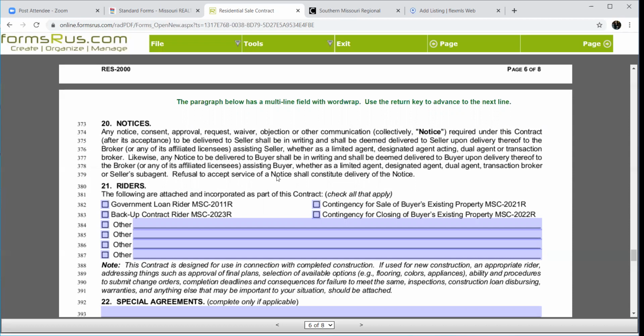So if you get that agent that says, well, we got your offer yesterday, but we're going to look at them all tomorrow night at 5. Okay. Number one, that's your seller's option to do that. But you need to let me know that because I am operating under the precipice of Section 20 that says you're going to present my offer in a timely fashion as soon as you get it. And yes, that is frustrating when they do that, but some of them are waiting till after the open house on Sunday or whatever that is.